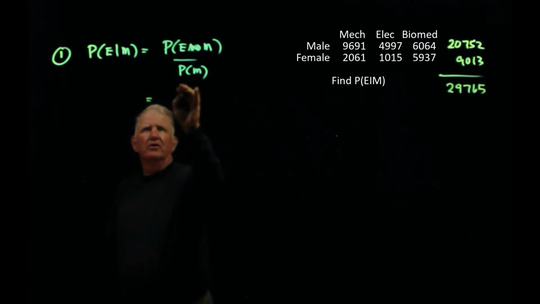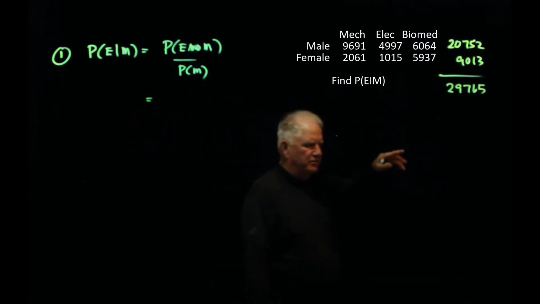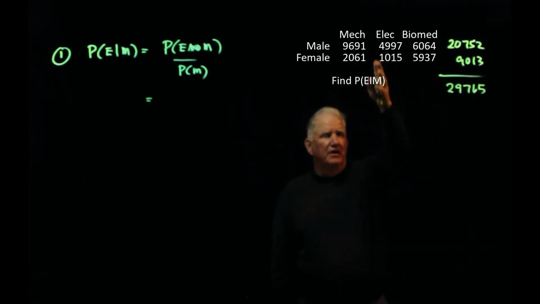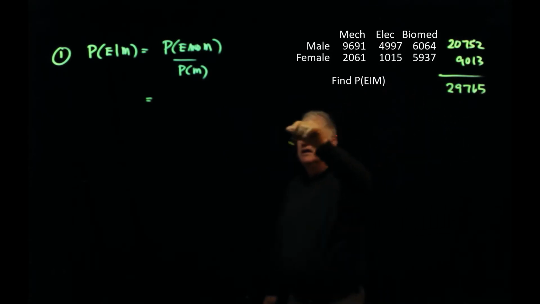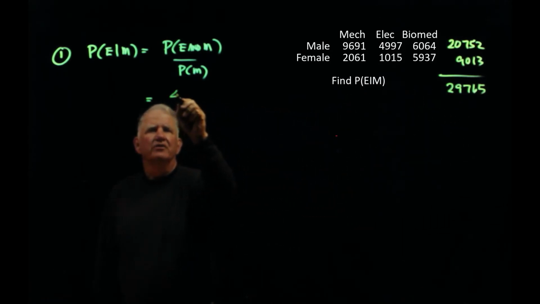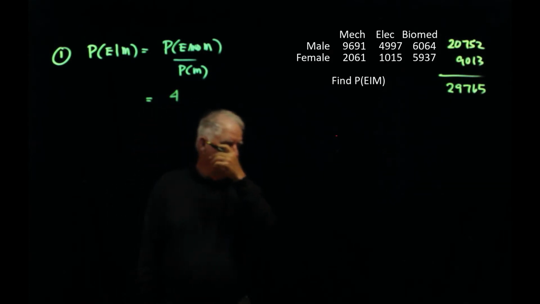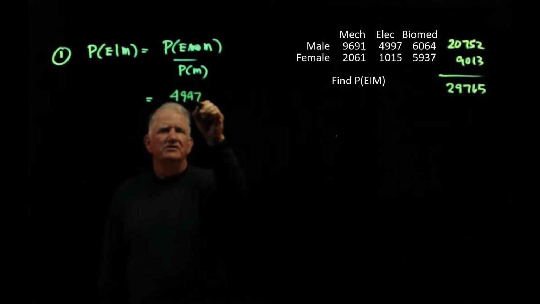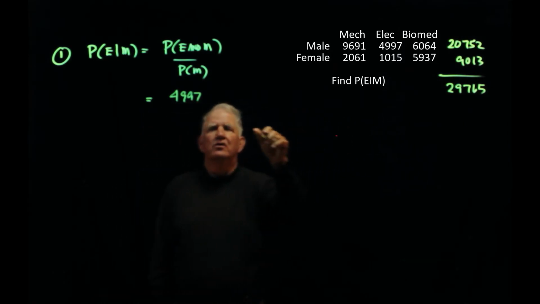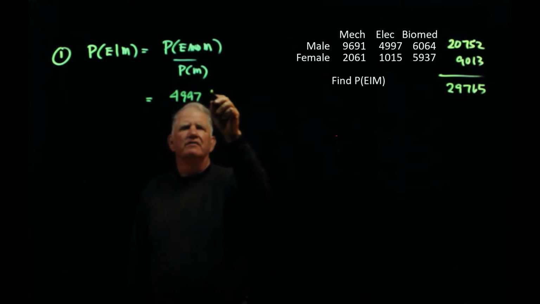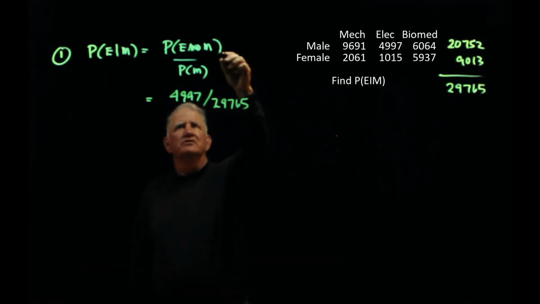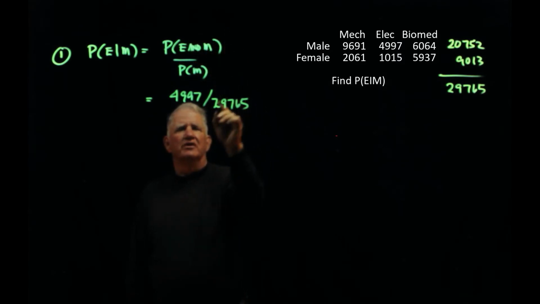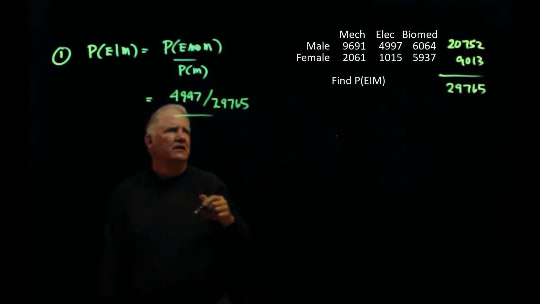The probability here of being an engineer and a male, you just have to go across, look down the column of engineers, look across the row of males, and there are 4,997 out of this total 29,765. I'm going to write it like this. This might give me problems later. I don't know. There's the probability of being an engineer and male, and then I'm going to divide into that the probability of being male,